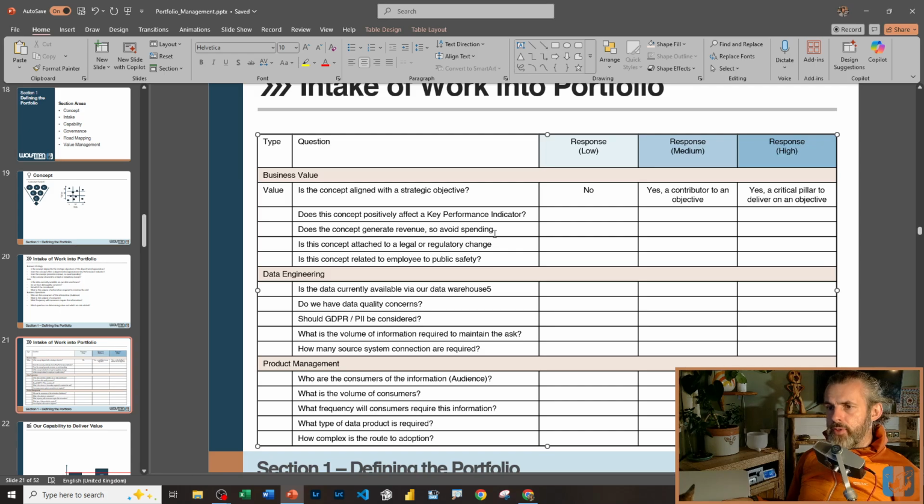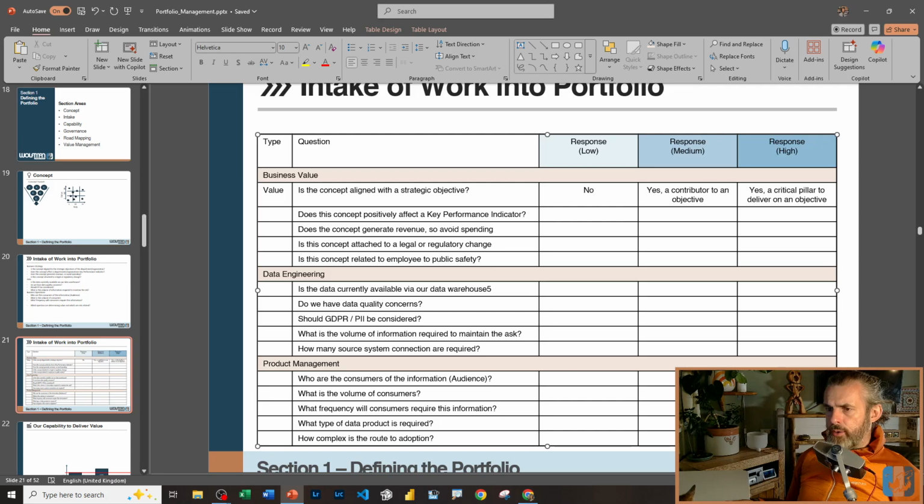So hopefully you see where we're going with this now. I'm going to have to make this font smaller. We're going to go way off the bottom here. We'll think about formatting afterwards. So we're going to go through each of these questions now. And we're going to assign, is it a value related question or is it a risk related question? Okay. But before we do, let's just review the questions that we've got in here, because I think we're missing something. I'm very sure we're missing something